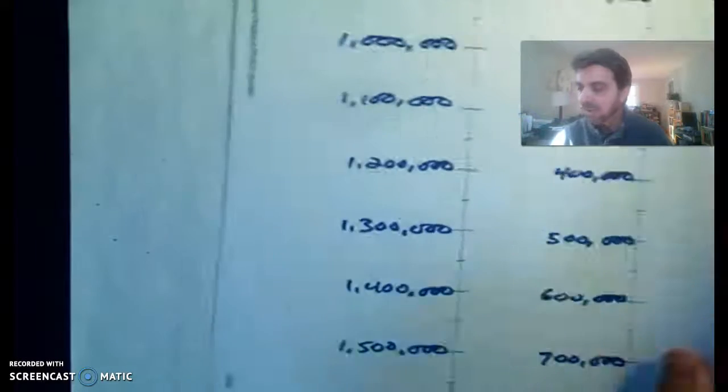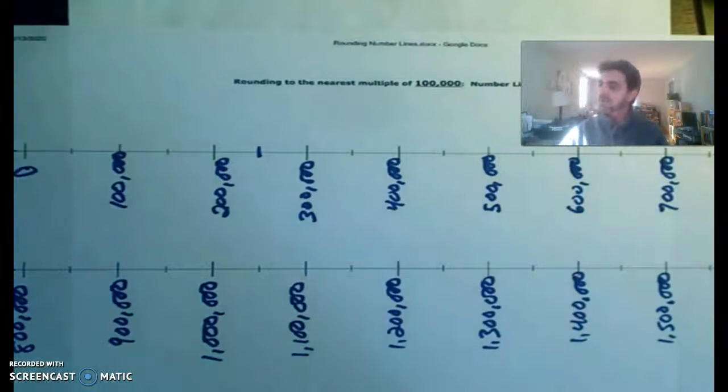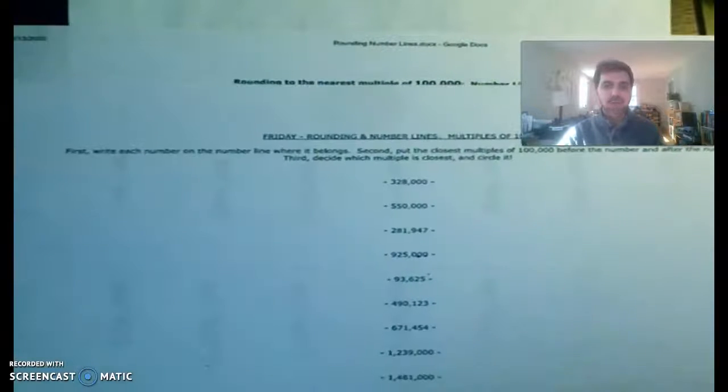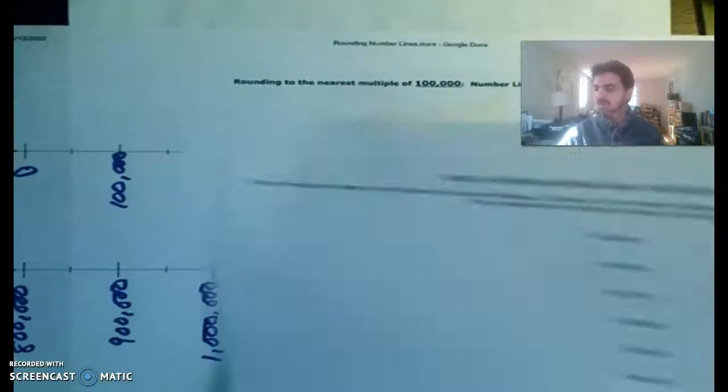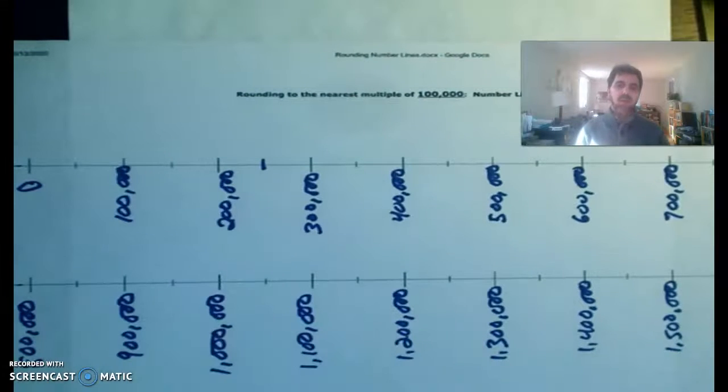But now that we have our number line, let's get to work. So our first number is 328,000. So mark on the paper, where do you think 328,000